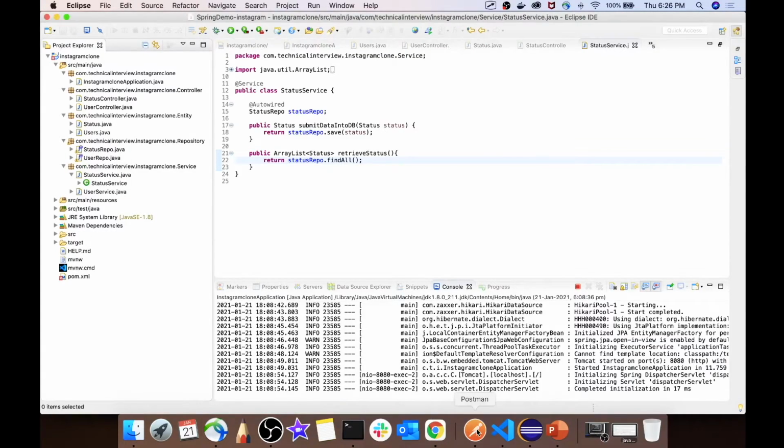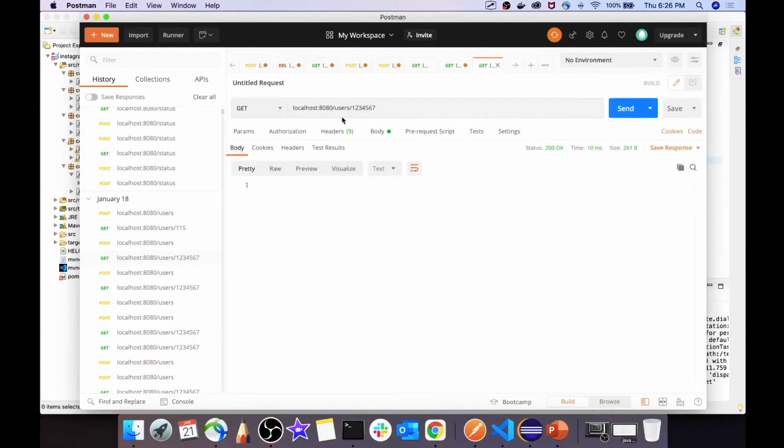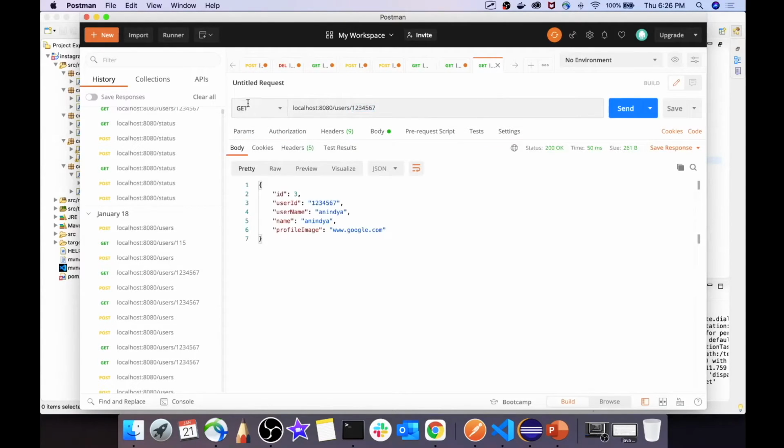So if we go to the user service that we have created, you can see that we can get the metadata of a particular user based on the user ID, which we are sending as a path parameter. So for example, if we want to get the metadata of a user having this user ID, we can easily leverage this endpoint to get the corresponding user. And over here, while implementing the status application also, we will take advantage of this API to build our API.